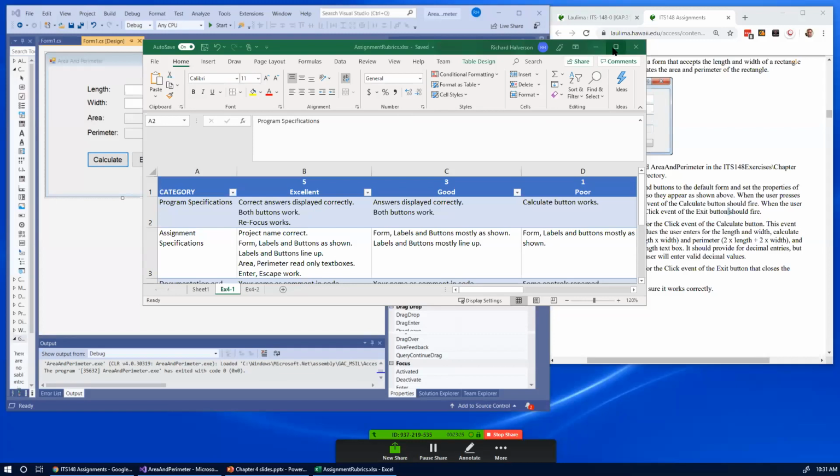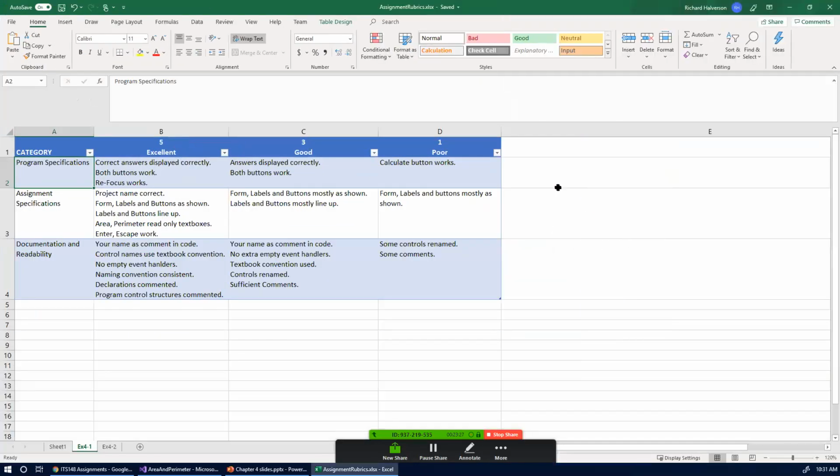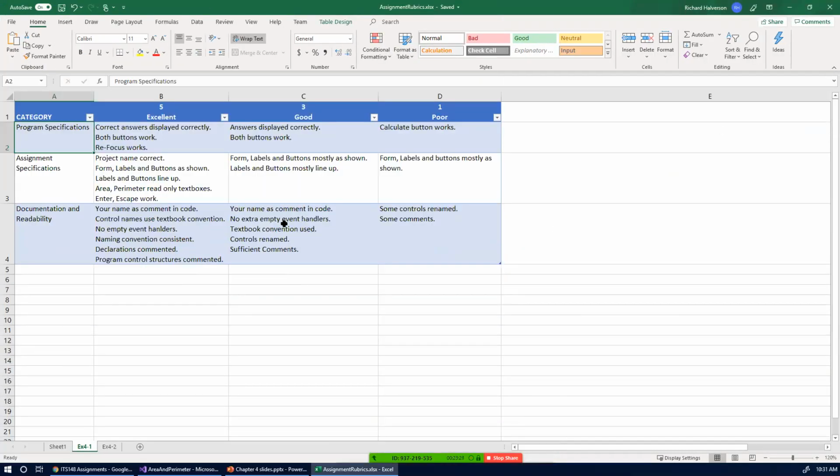And if we look at this spreadsheet here, we see this is the rubric that I'm going to use to grade, and I'll cover this more tomorrow. I have a rubric for the next assignment also. This is for program specifications. This is how you get excellent. This is how you get good. This is not so good, but you still get points. And so I'll just leave this up here, and I'm going to close this out now, and I will